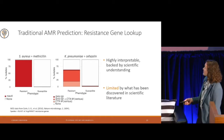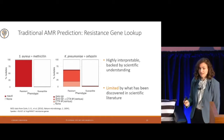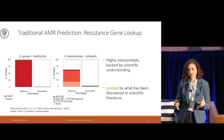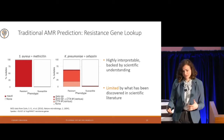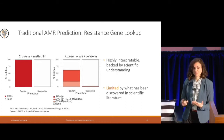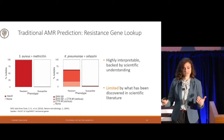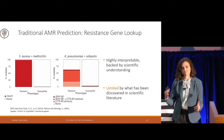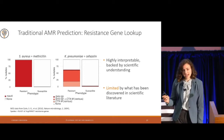And so the way that we think about these traditional databases, we think they're highly interpretable and they're backed by scientific understanding, which is very good for being explanatory and being able to understand how the algorithm is working. But on the other hand, they are quite limited in terms of what's already known in the scientific literature, and can be a little bit rigid in terms of more complex interactions. So if you have epistatic interactions, if you have multiple genes interacting, it's hard to capture that